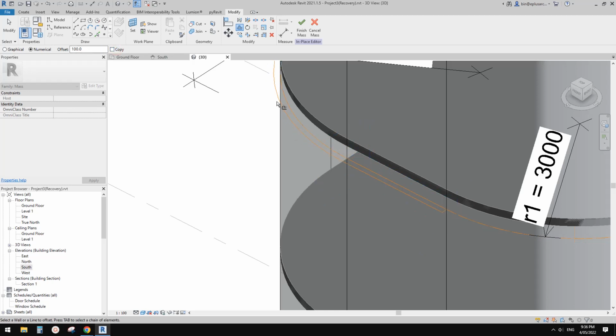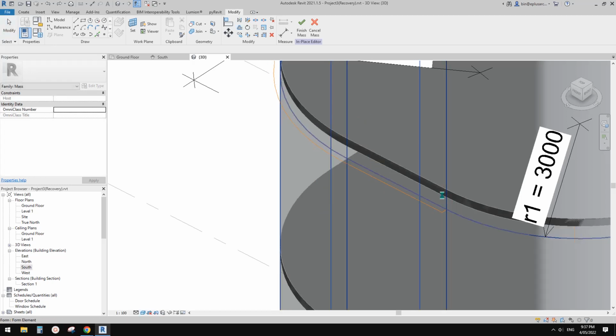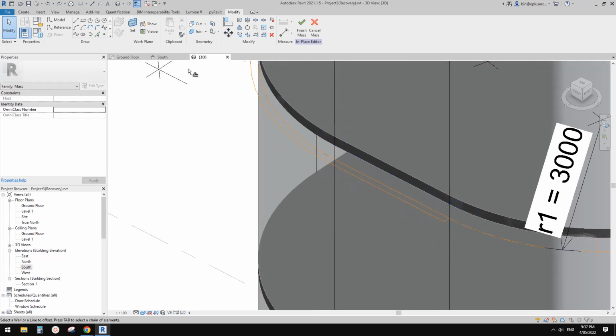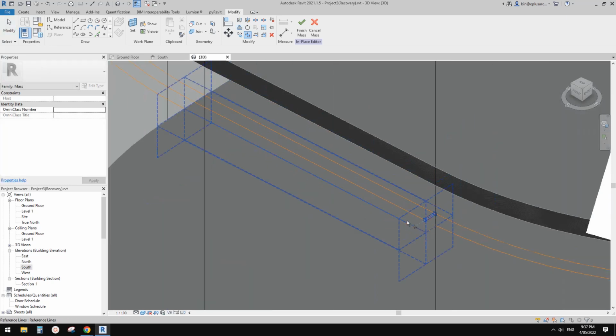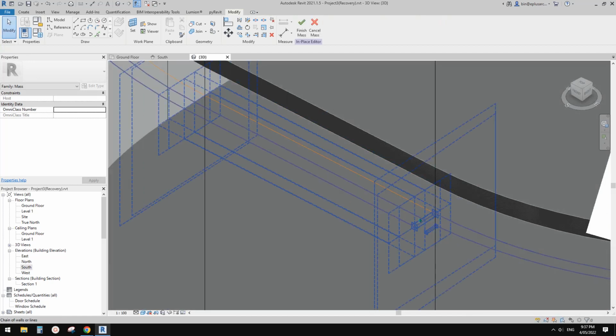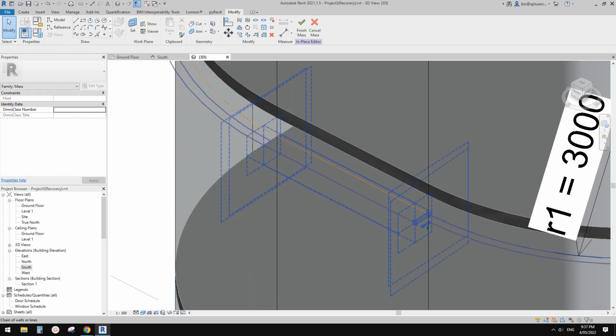Uncheck copy, offset 200. Oh, doesn't work. Control Z. Offset, check copy 100, tab, and then I try to trim this and delete this part. Oops, sorry. Delete the middle one, delete,